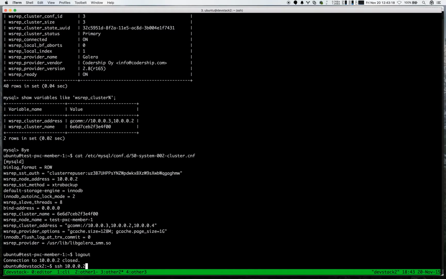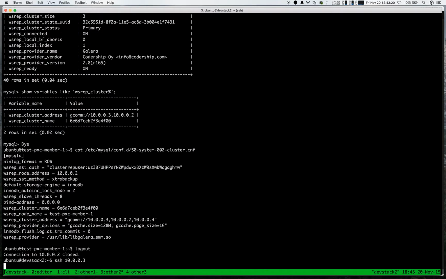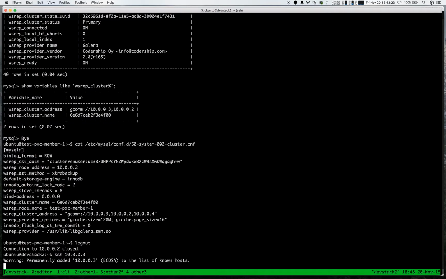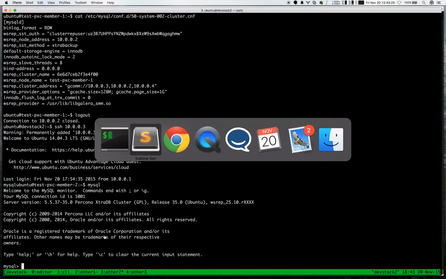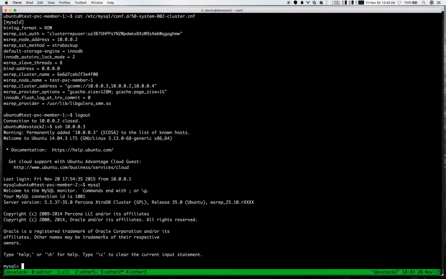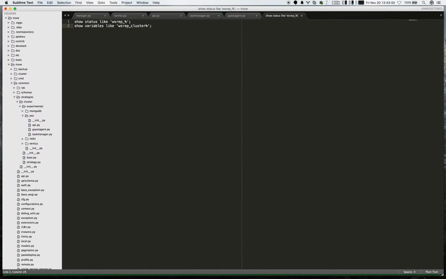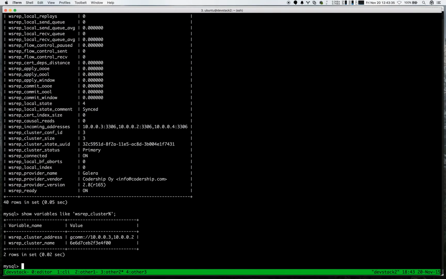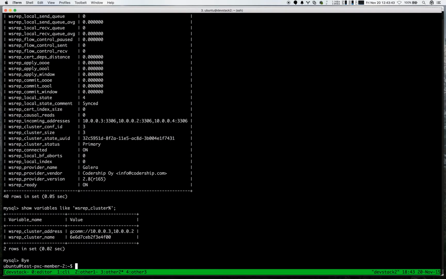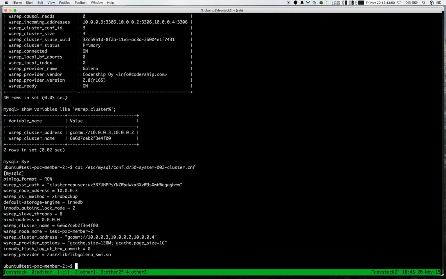So if we looked at 2 and 3, or 2 and 4, let's look at 3 here and see if we see any difference here. So we see 3 nodes as well on this one, and then if we look on here, we see the 2 nodes as well. This is because these are originally the 2, right? So if we cat the MySQL conf.d 52 cluster, then we see all the nodes again, and all the WSRep